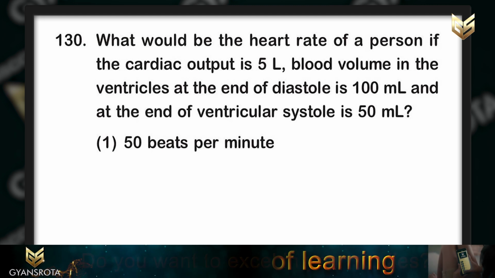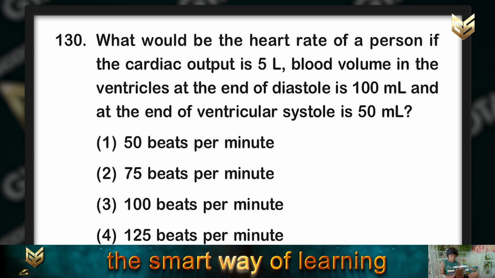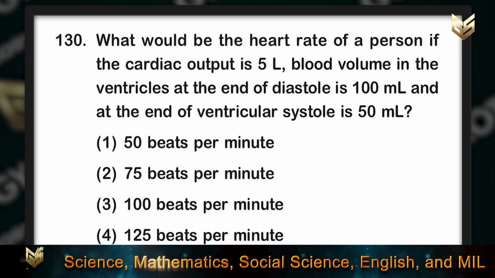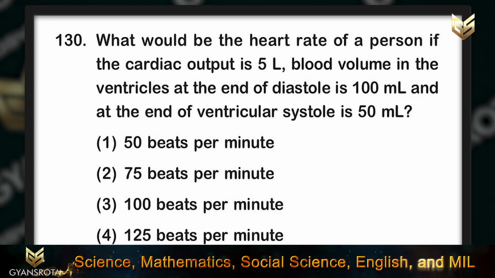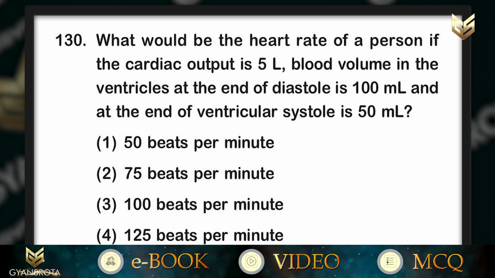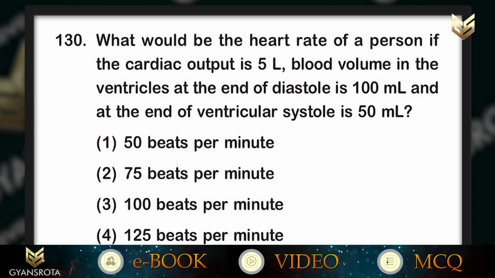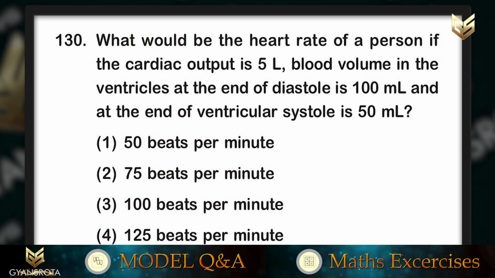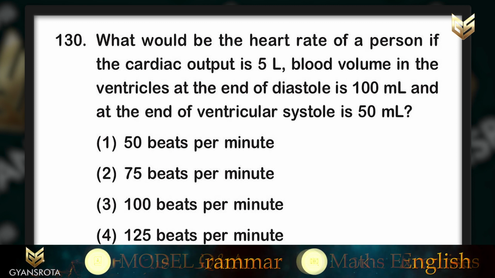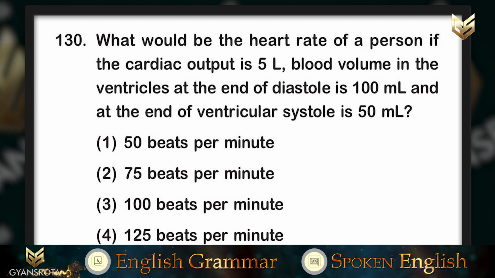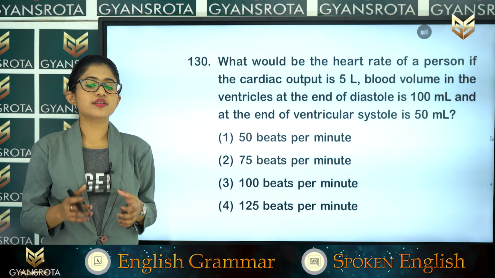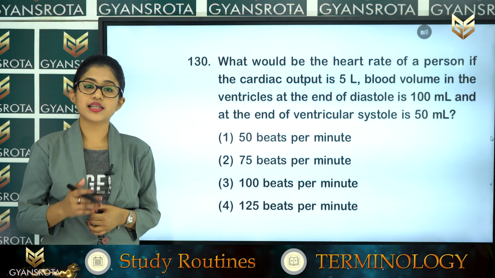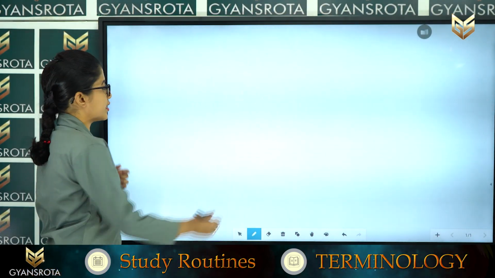What would be the heart rate of a person if the cardiac output is 5 liter? Blood volume in the ventricles at the end of diastole is 100 milliliter, and at the end of ventricular systole is 50 milliliter. So here are the options given. Option number 1 is 50 beats per minute, option 2 is 75 beats per minute, option number 3 is 100 beats per minute, and option number 4 is 125 beats per minute. We have already discussed this from the chapter Body Fluids and Circulation. Have you remembered the formula of cardiac output? So the cardiac output is